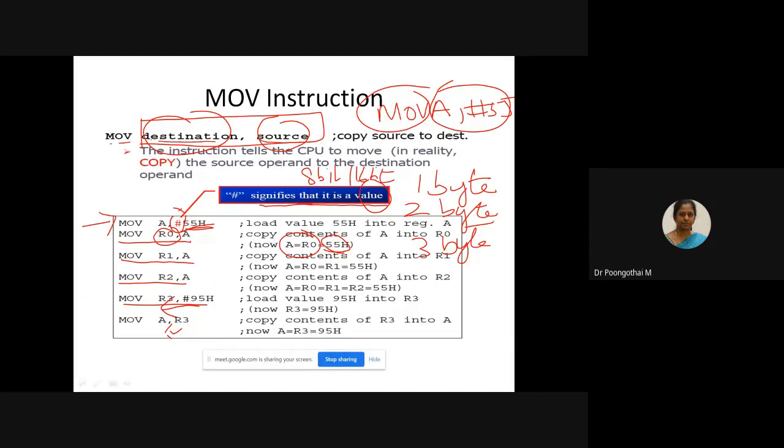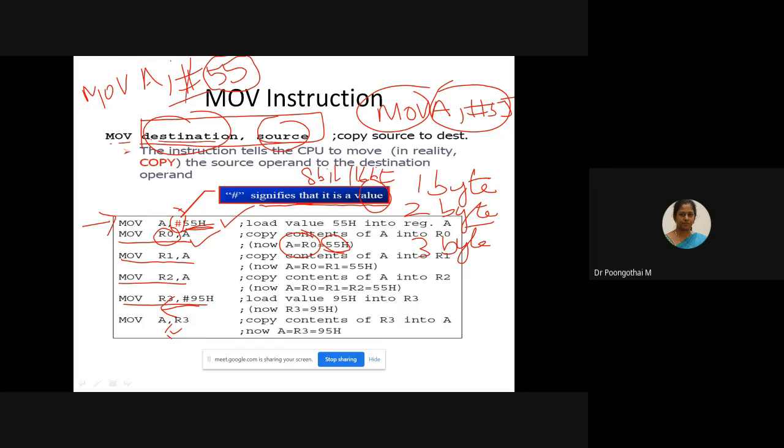In most cases, your source can be a direct address of memory, register names, or an immediate value. Immediate value example: move A comma hash 55. Register name: move R0 comma A. In move A comma hash 55, the hash represents that this number is an immediate value.